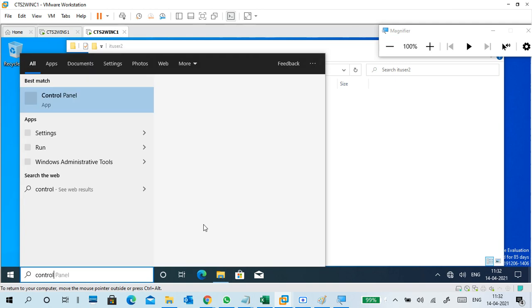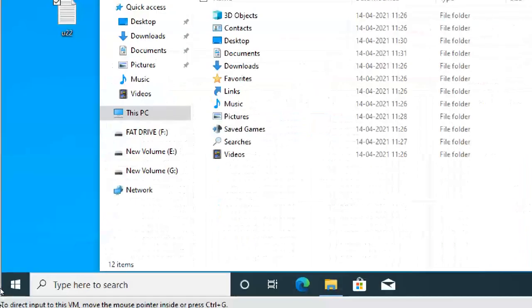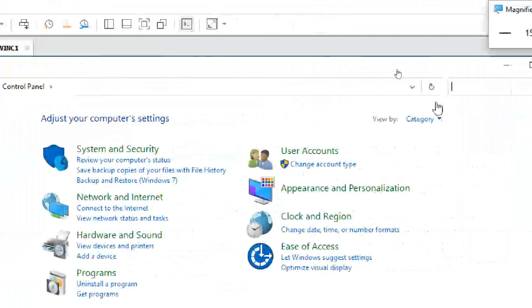Go to the Control Panel. Maybe it is opening. This is my Control Panel. Here is user settings.